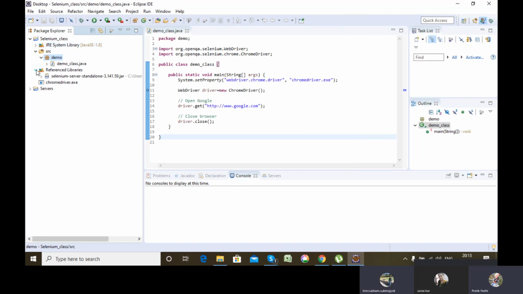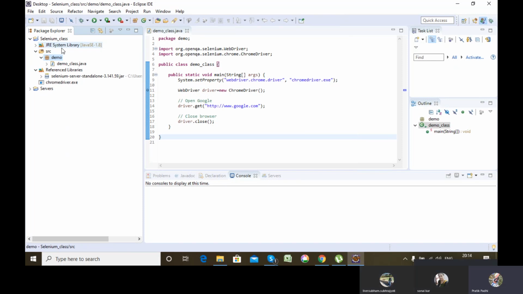Got my point? So my point is I have to import Selenium jars so that I can use it, because by default Java jars is there. But once I write a program, I have to use both Java jars and Selenium jars. So using both the jars, I will be able to create a Selenium script. Java jars are already present by default because it is a Java project, but Selenium jars are not present.